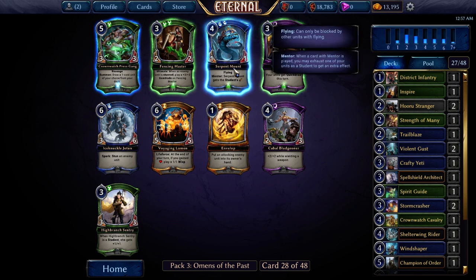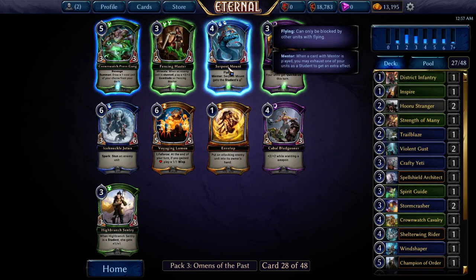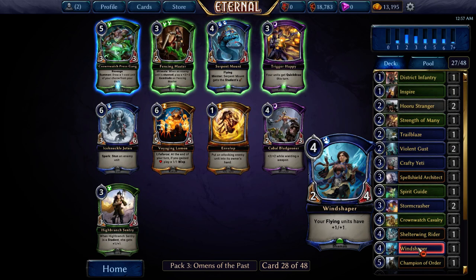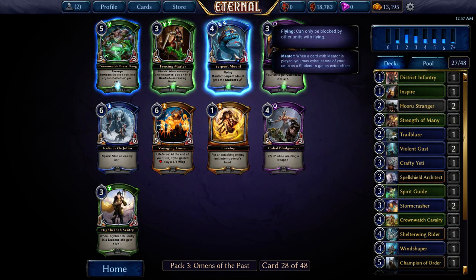Serpent Mount could be a little better in here because of the power of Windshaper, would let it double up. Say we control a Stormcrasher and we play Windshaper, it's a 3/3. We play a Serpent Mount, it'll eat the...